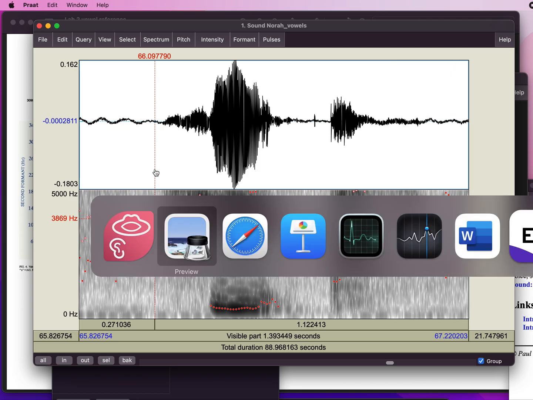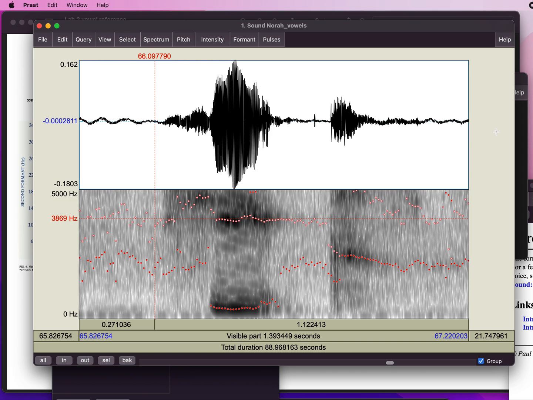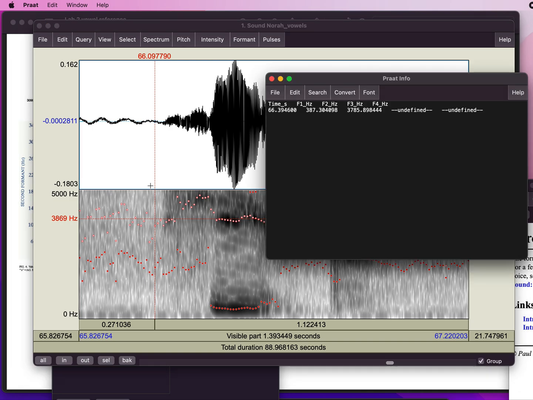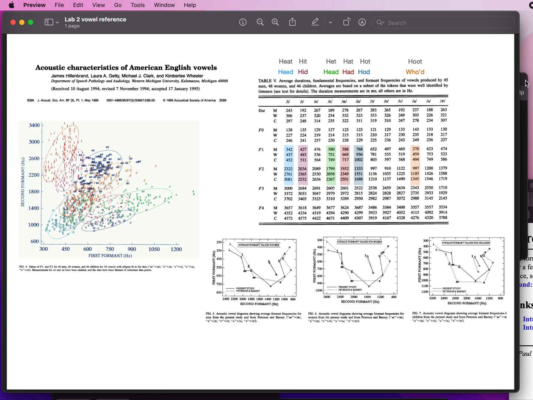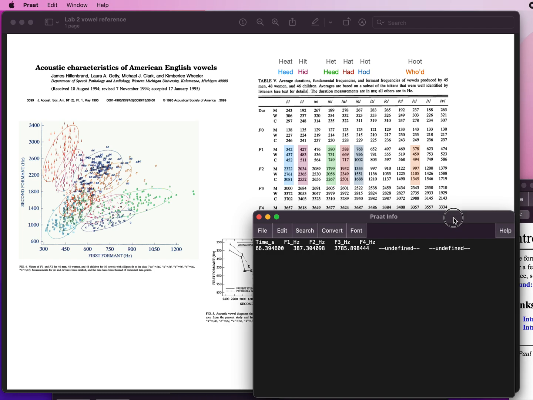Yeah, the vowel E. All right, let me. Okay, here we are talking about this vowel E, as in heat, and now we're looking at F1, the child's